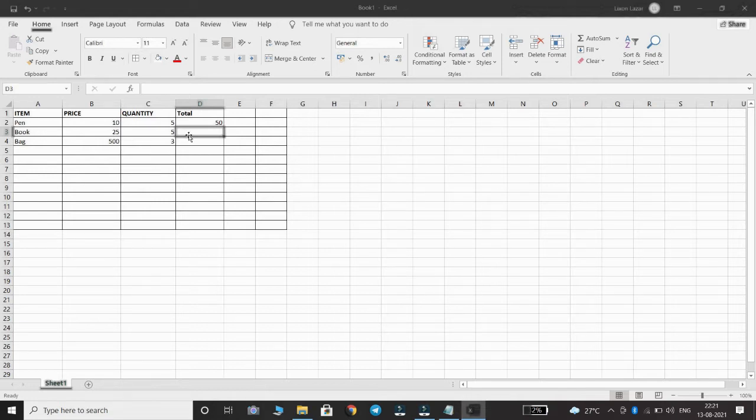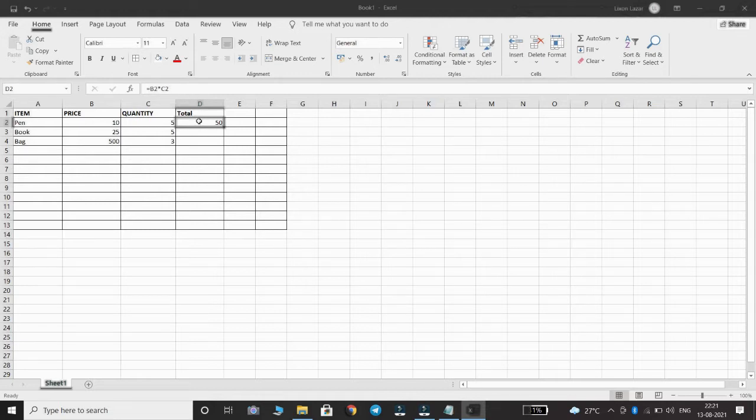Let's find out the total of book and bag also. Instead of finding it separately for each book and bag, we can use relative references here. The formula of this cell is B2 into C2, which you can see in the formula bar.